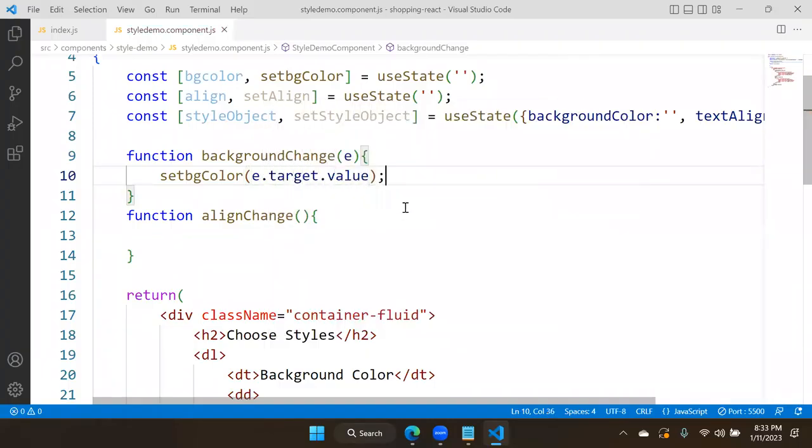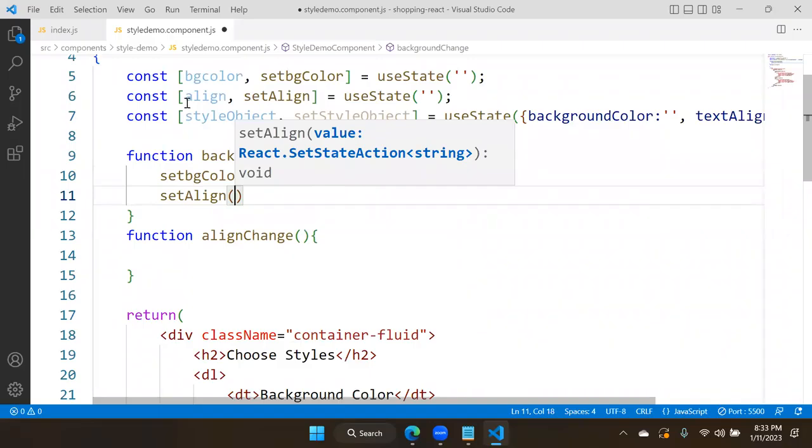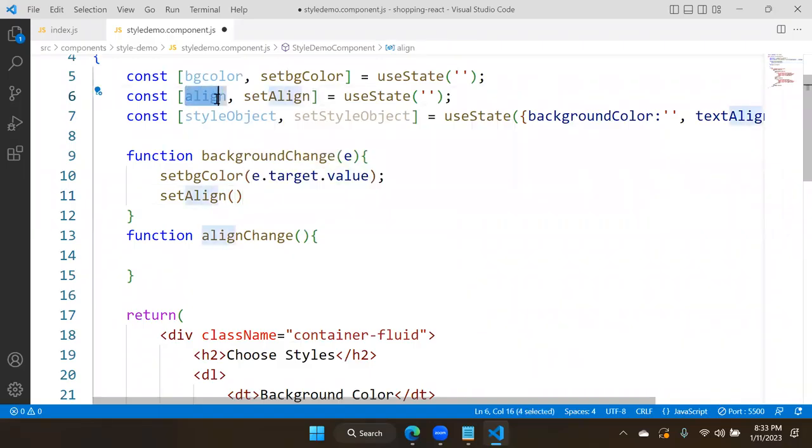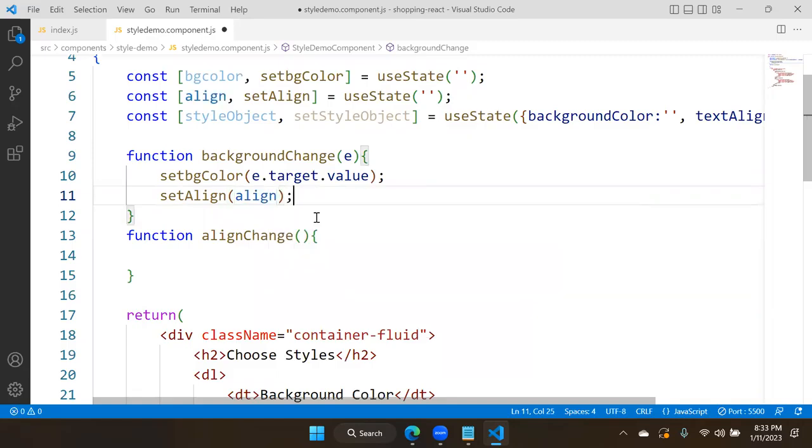That is the background color. After you set the background color, what is the text align? Text align is setAlign. setAlign should come from what is in align. That means what is present in align, we need to keep that there. Already what is in align, you have to keep. So I will tell you the